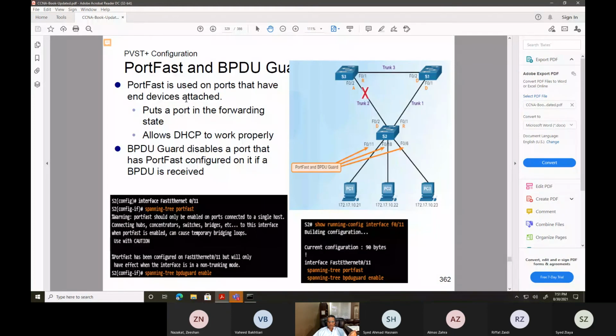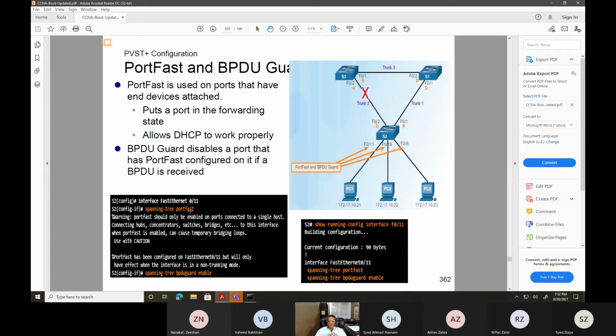Okay, so this is just to show you spanning tree portfast, which is the one I was telling you about, where I'm bypassing those two layers of listening and learning. I want to enable it for my voice connectivity, going from blocking to forwarding.